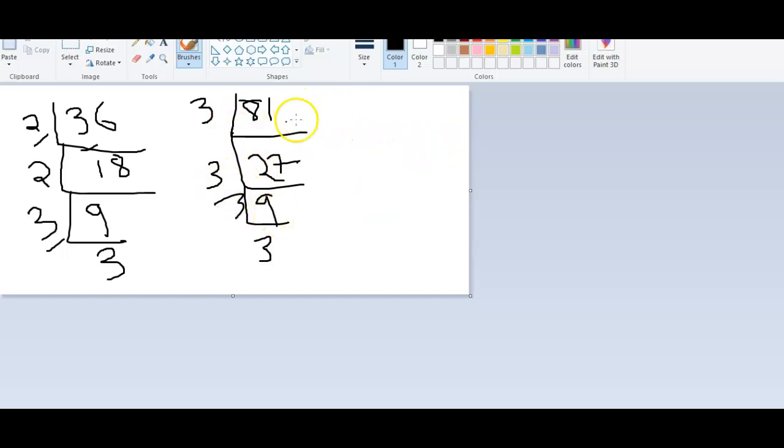Suppose for 81, we'll start the loop with 2. Is it divisible? We'll check. No. So we'll go with the next number. We'll start with 2 and further check with 3 and then with 4, like that. Based on this, we can find the prime factors and the highest prime factor. We'll keep on incrementing. First we'll check whether it is divisible, then again whether it is divisible by 3, and again by 3, like that.